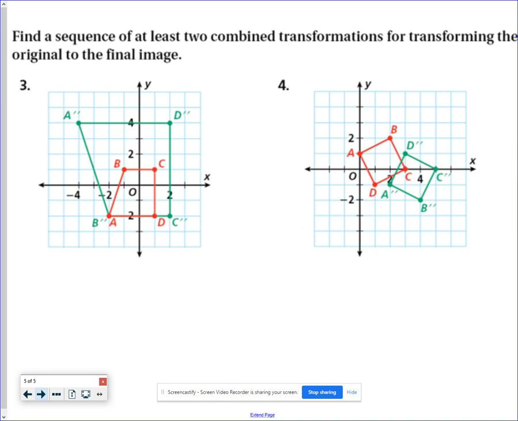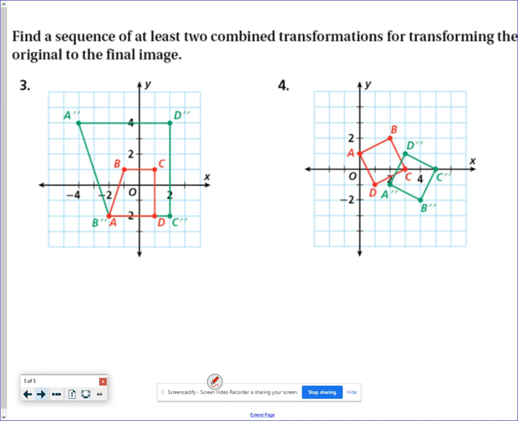In number 3, this is where it gets more difficult. And if you struggle with this, please don't worry, because I'm not going to have any questions like this on the test. This is more of a problem-solving kind of thing. It's not showing the blue image. It's not showing the in-between image on this one. So for number 3, we're going to have